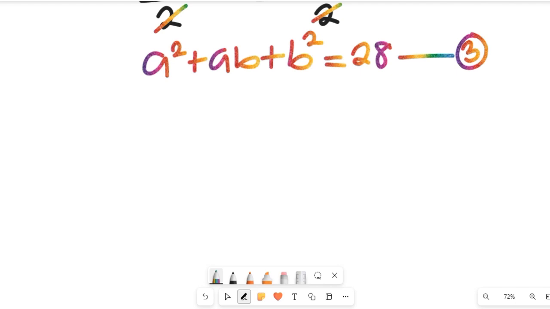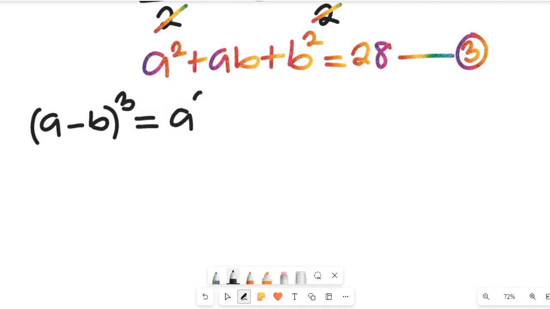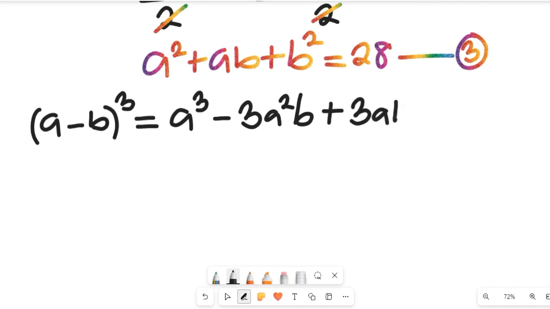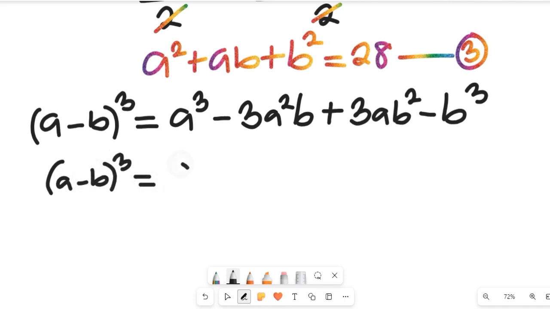If we are given a minus b cubed and we are asked to expand this to the third degree, this is going to give us a to the power of 3 minus 3a squared multiplied by b, right, plus 3ab squared, right, then minus b to the power of 3. If I simplify this expression, I'll have my a minus b all cubed equal to a cubed minus b cubed